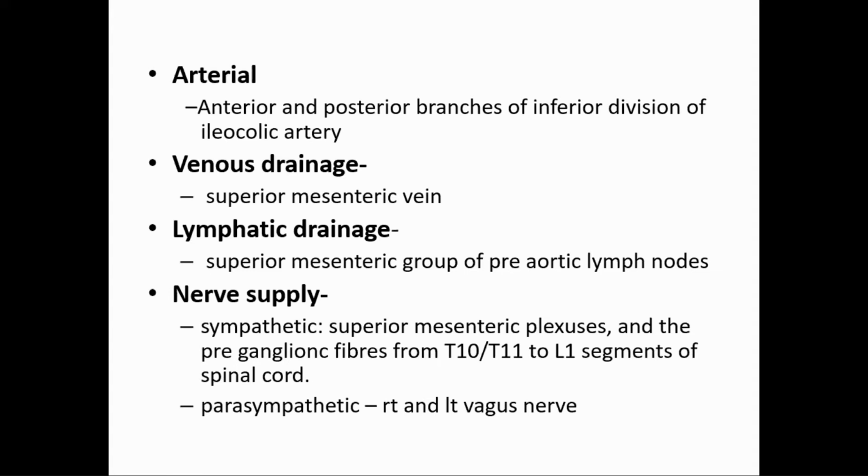Celiac plexus has three splanchnic nerves. They are the greater, lesser, and the least splanchnic nerves. So the greater is formed by the T5 to T9 segments of the spinal cord. As the stomach is supplied by the greater splanchnic nerve, it is the T5 to T9 segments of the spinal cord. Even you can write the T5 to T10 segments. Give a slash: T5 to T9 or T10 segments of the spinal cord. Okay.